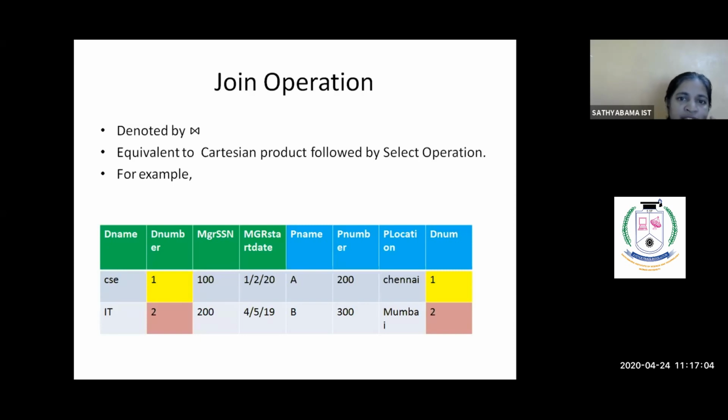So the join operation is equal to Cartesian plus select operation. When you apply Cartesian product, you have to explicitly use the select operation. But when you use the join operation, you don't need to use separate operations. It is put together. While combining the tables, it combines the rows based on the select operation. So the resultant table will be very small. It doesn't occupy as much space as your Cartesian product. That is the advantage of the join operation.